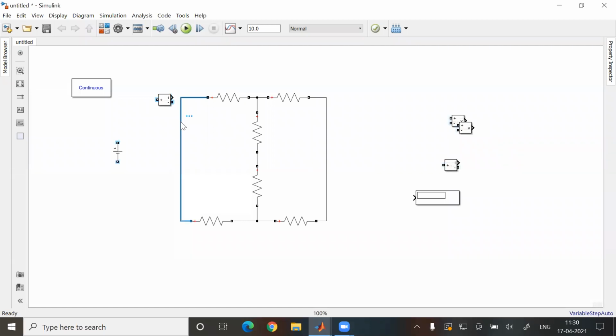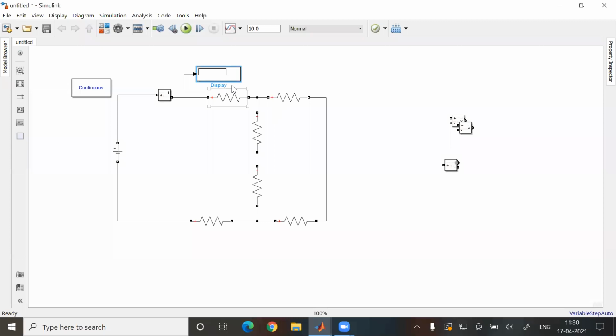While connecting this, what we have to do is this would go in this and it will be going into this point. This will be connected into this. I'm taking it in this manner because we have to have two ports, right? Four terminals, right? One from this part, another from this part, one from this part, and another from this part. So let's connect this display. Fine.